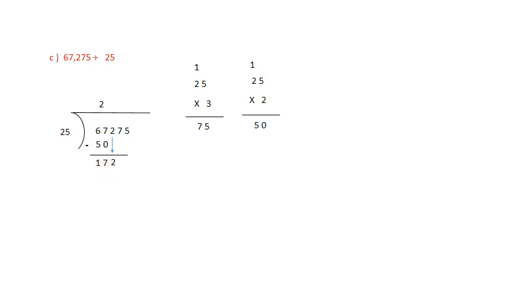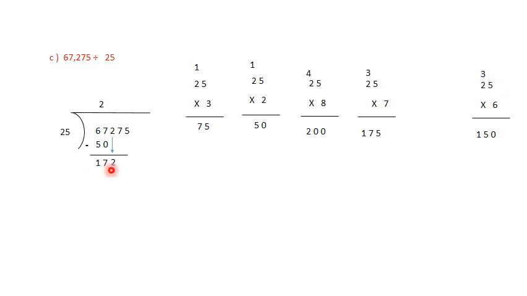Two 8s are 16. Let's try what you're getting. See, when we multiply by 8s are, you're getting here 200. So when we multiply by 7s are, you're getting 175, which is also greater than 172. So we will take 25 6s are 150. So yes, we can take 25 6s are 150.